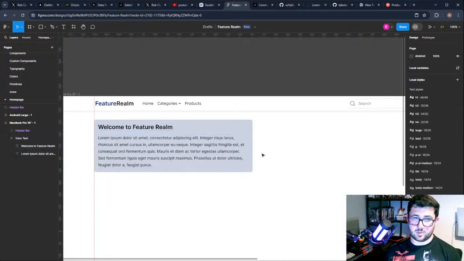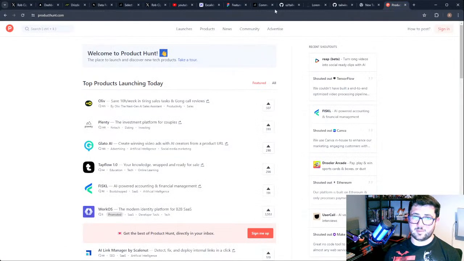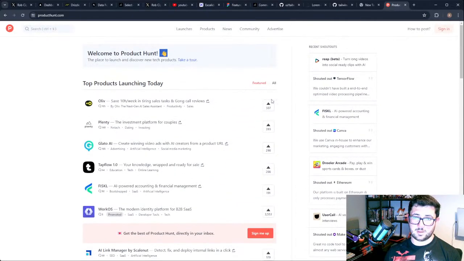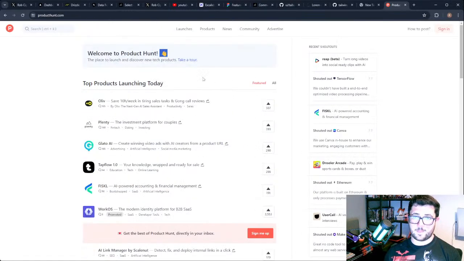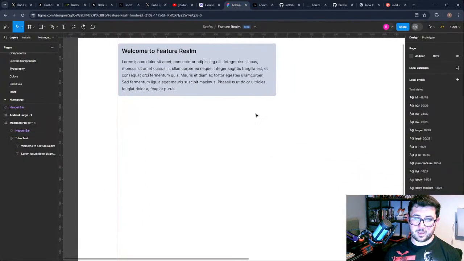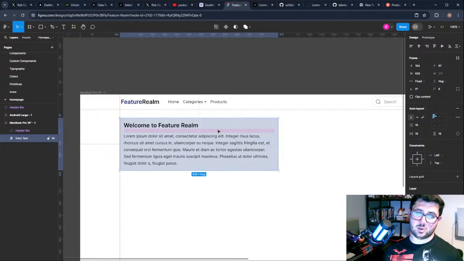That works like that. So welcome to Feature Realm. I'll leave that as Lorem Ipsum for now until I have some time to do some better copy. But let's have a look at product. So recent shout outs. So these guys, yeah. And then down here, but what I'm kind of thinking is that should end up being a component in